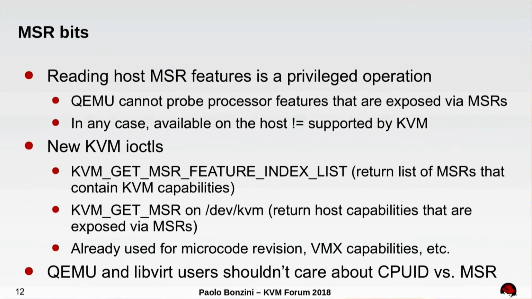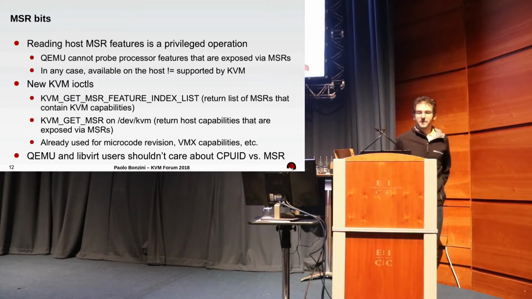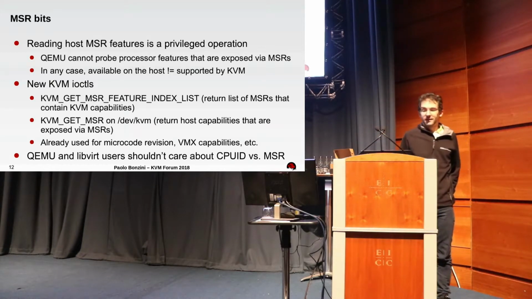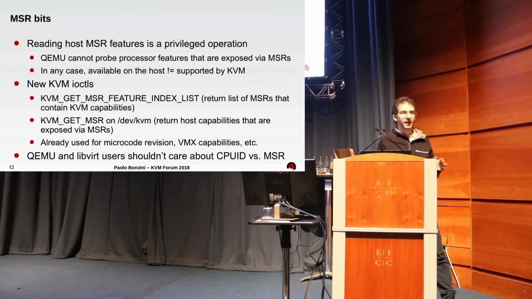So what about MSR bits? Before we added support for them, they couldn't be probed by QEMU because reading the MSRs is a privileged operation. There's no distinction between MSRs that user space can just read and MSRs that are off limits for user space. And in any case, the fact that an MSR feature is available on a host doesn't mean that it's supported by KVM. So KVM has to mediate between the host value of the MSR and the values that it wants to communicate to